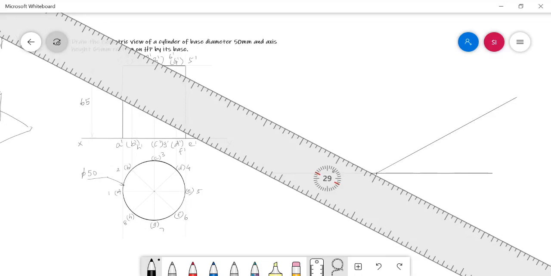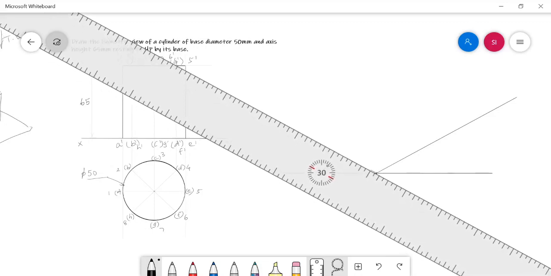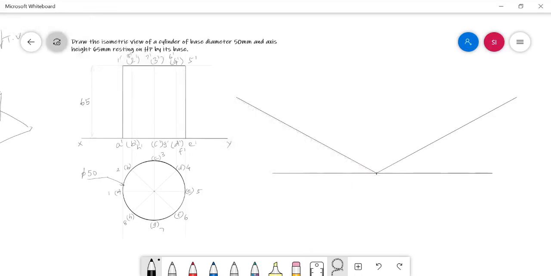The length is not a constraint. With a free length we can draw these two lines. These lines are called isometric axes.